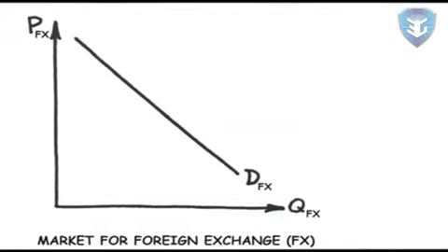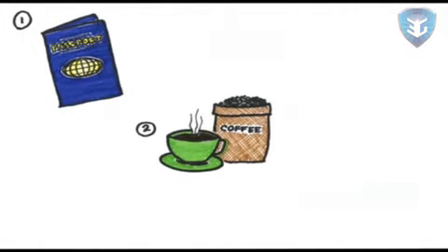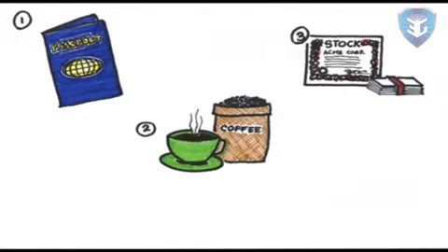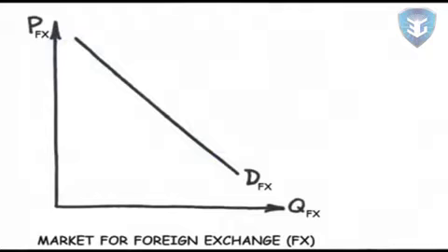First, people want foreign money for travel and tourism. Second, foreign money is needed for trade to buy foreign goods and services. Third, foreign money is needed for investment purposes, be it financial investment like purchase of foreign denominated financial assets, or real investment like building a new factory overseas. A change in any of these 3 components will alter the demand for foreign exchange.